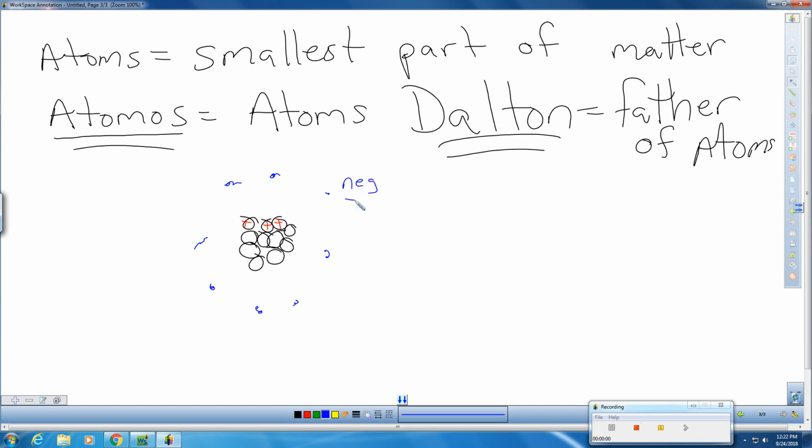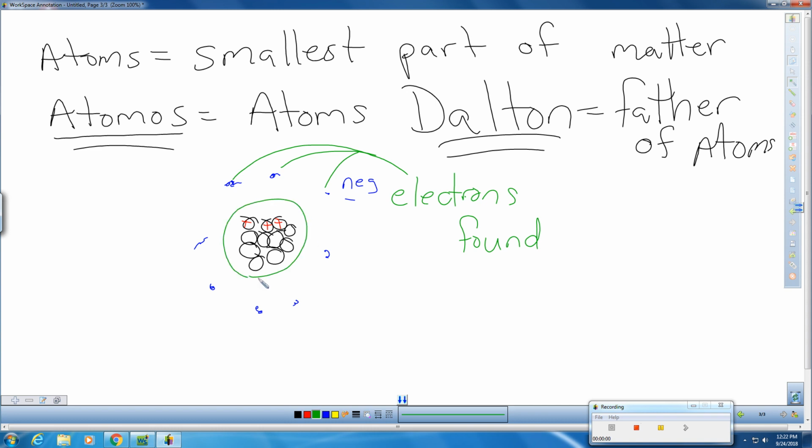So if we take a look at our atom and we're looking to see what goes on, we need to be able to identify or at least label those parts. So these parts that are coming from all the way out here are electrons, which you should know. Those electrons are actually found in the area outside of this central part. This central part we call the nucleus. And the outside of that is the electrons. Those electrons are found in what we call the electron cloud.